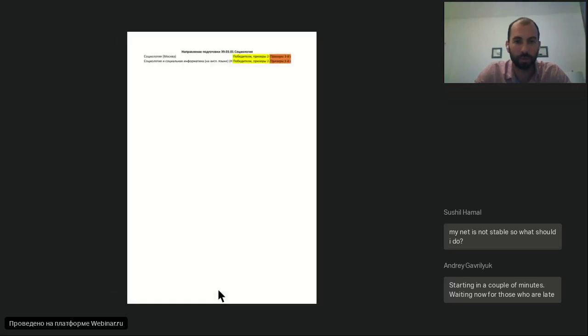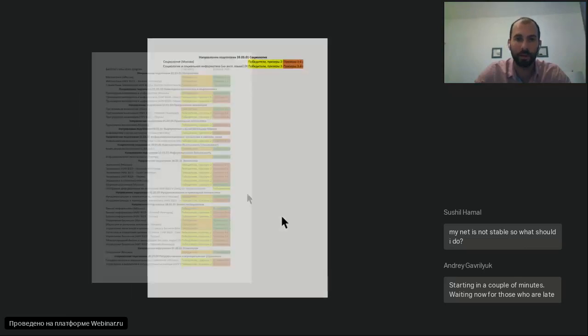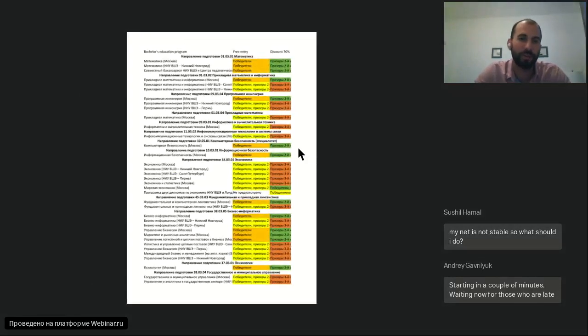It's supposed to be also silver. So here is the legend. Orange is first, yellow is first and second. This light blue is second diploma. Green is second and third, and this light brown is for the third diploma, and it's sort of infographics,